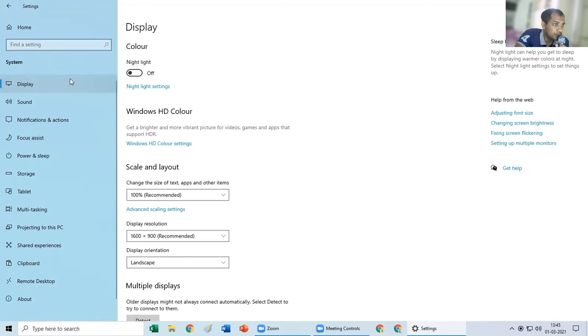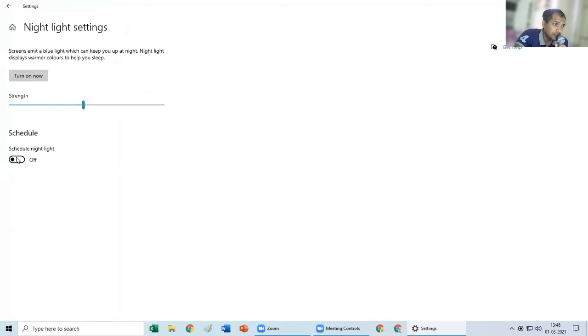So when I click on Display, in front of you, you have night light. You must be knowing what night light is. In mobile phones, during night time, the brightness of the screen gets adjusted as per your time, so that your eyes don't get strained. You can turn it on and off as and when you require, or else you can put a setting on that particular time. It will start here, schedule. The strength, if you want, you can adjust as per your convenience, or it will adjust on its own also. So in case you want, you can turn on that setting.